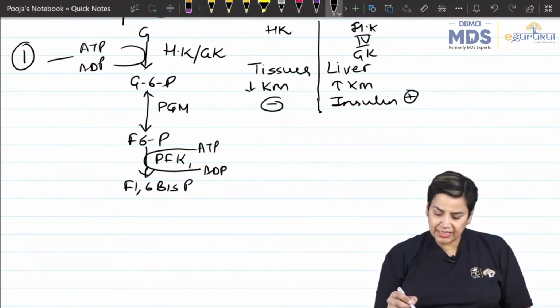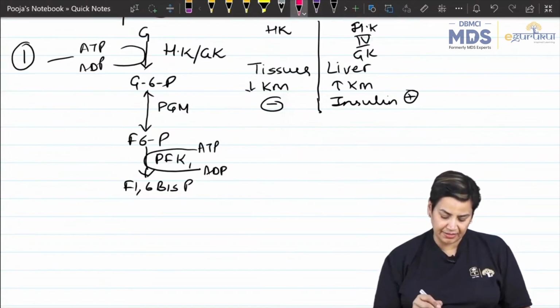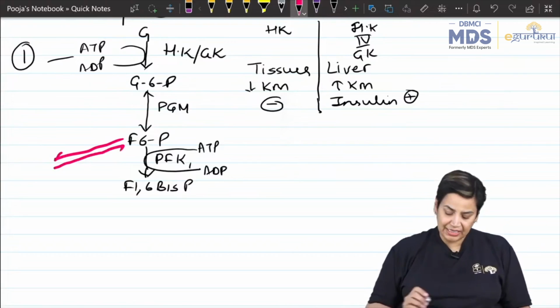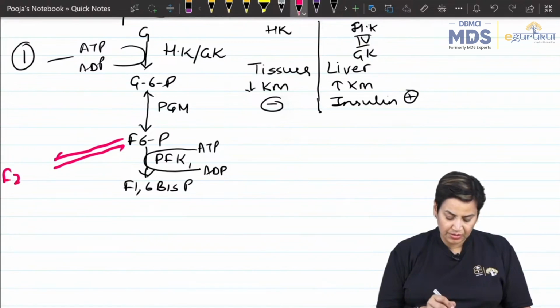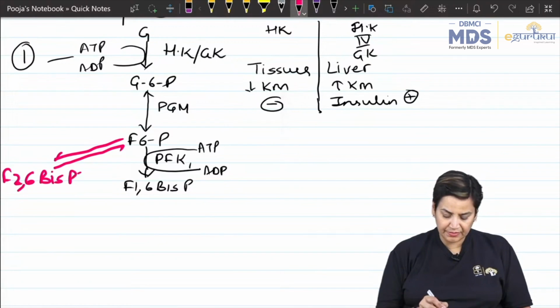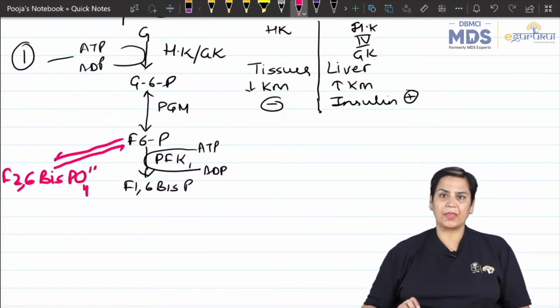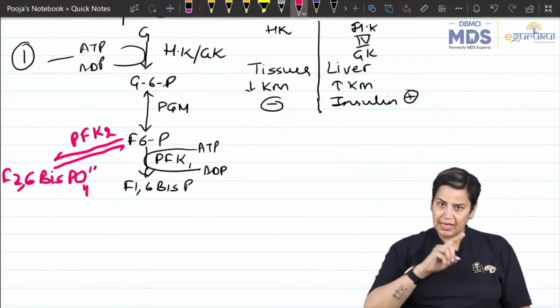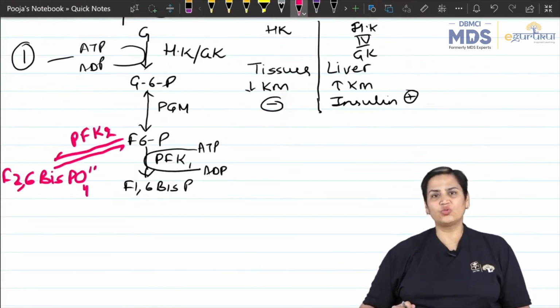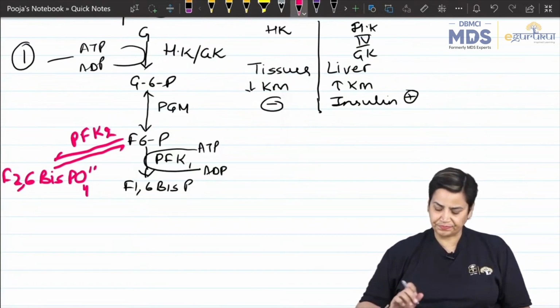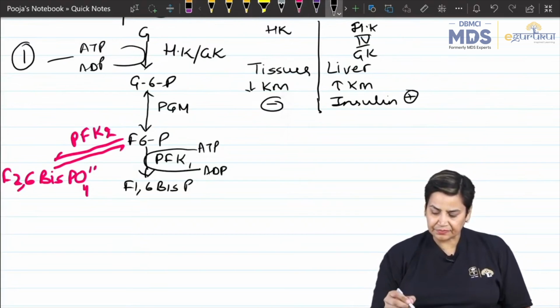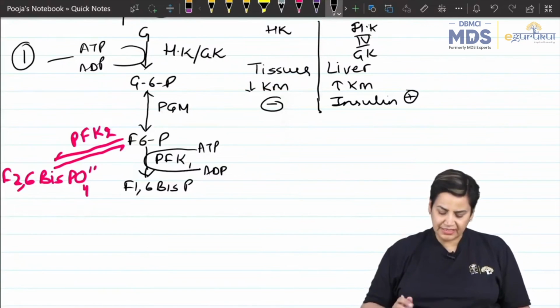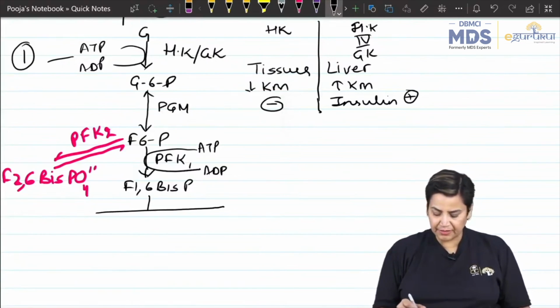This fructose 6-phosphate, on the other hand, by a reversible reaction is converted into fructose 2,6-bisphosphate. And here the enzyme is PFK2, and reversibly it is fructose 2,6-bisphosphatase. Right? Then this fructose 1,6-bisphosphate undergoes splitting,